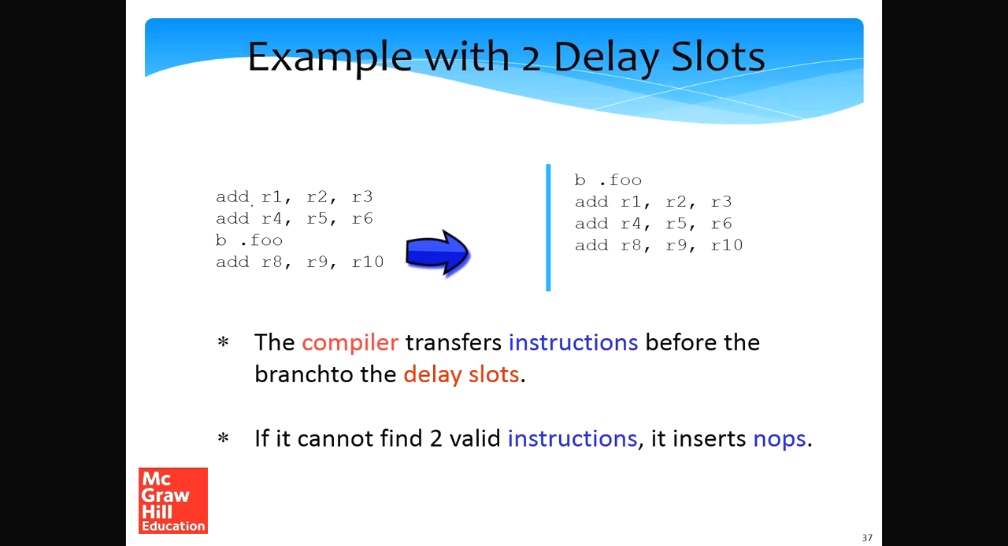So let us consider a code snippet of this kind. Here we have a branch to the .foo label and we have two instructions before it, add R1, R2, R3 and add R4, R5, R6. As we see, these two add instructions are per se independent of the branch, right? They don't determine the target of the branch, neither the direction of the branch. So what we can do is bring these two instructions to after the branch